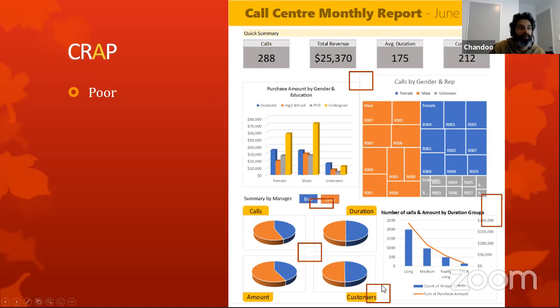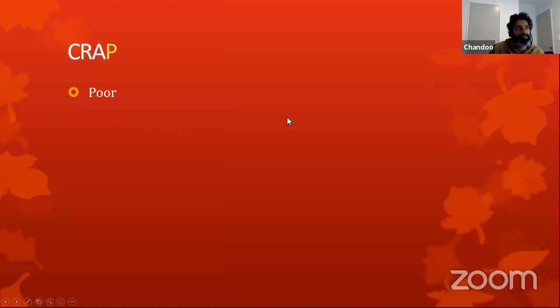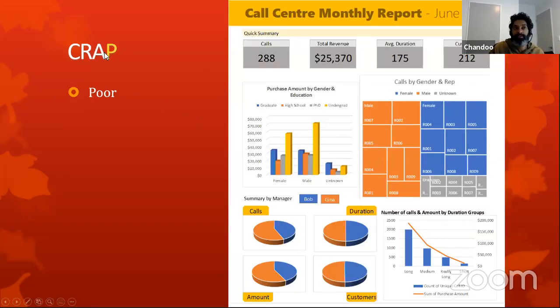I have highlighted them. And then proximity, this is actually what proximity suggests: if I'm presenting related ideas, then I should have them in the same place in the report. So in our report, proximity is very poor because there are different things that we are talking about, but they're not always together. For example, if you look at the top bit here, it's saying calls, revenue, duration, customers. We are talking about the same things again further down, broken down by manager level. So this is not having good proximity.